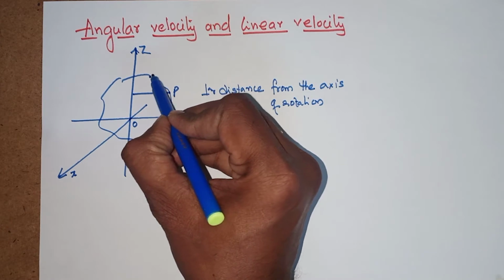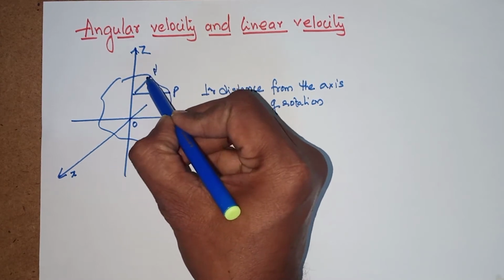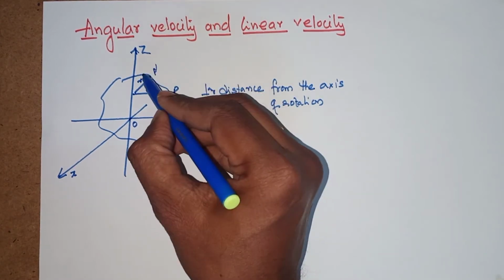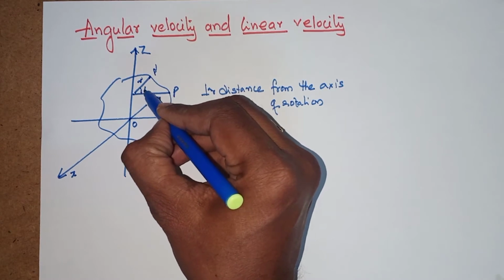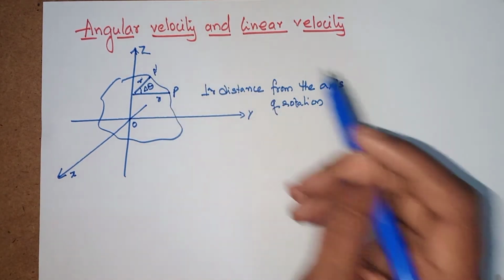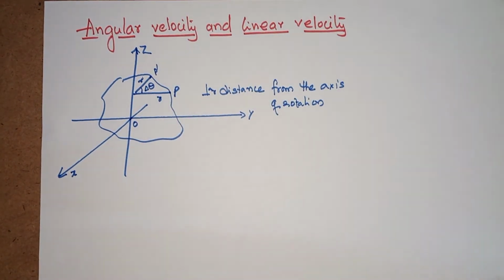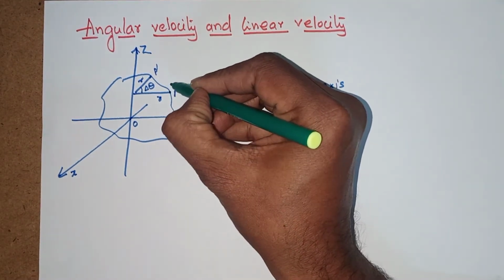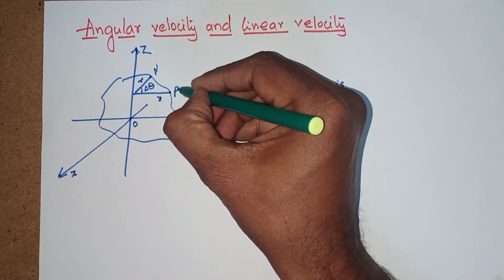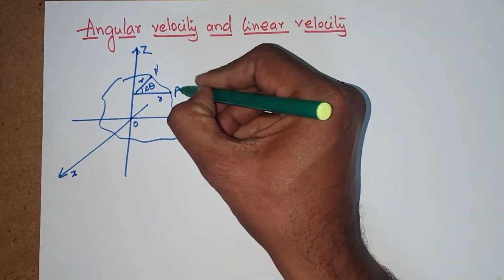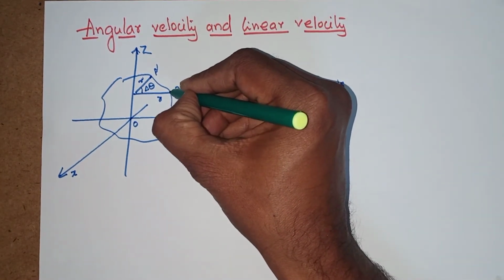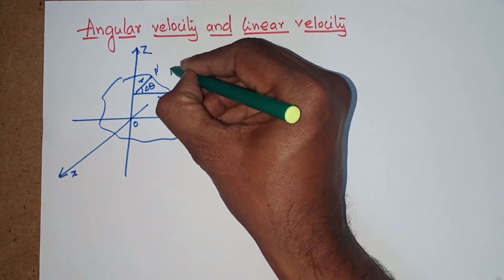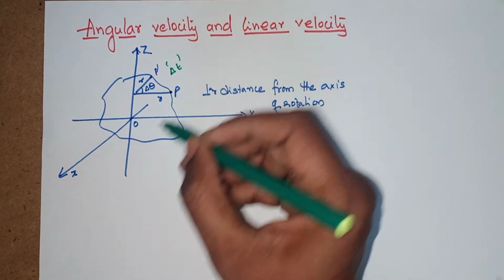Now you can consider a point P dash. This is at a distance r dash. Let us consider the angle delta theta. Now here we are considering two points, P and P dash. In order to reach from the point P to P dash, let us say the time is delta t,